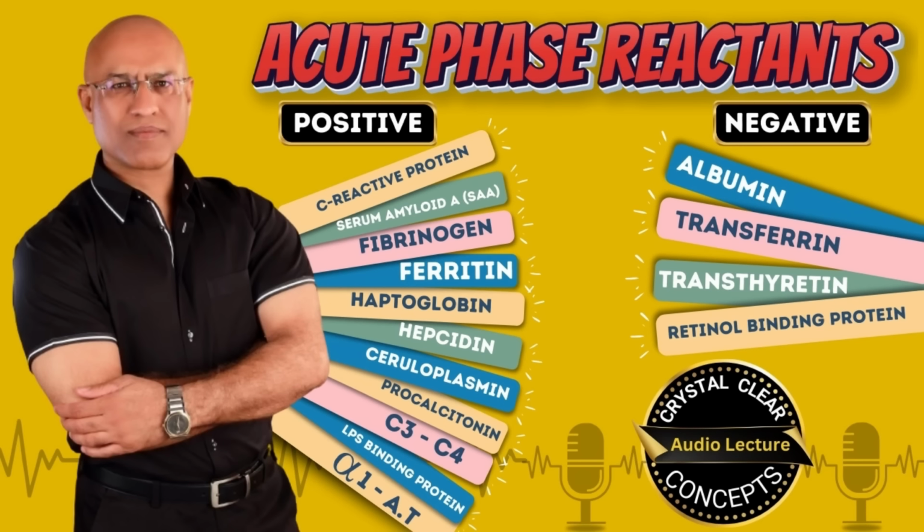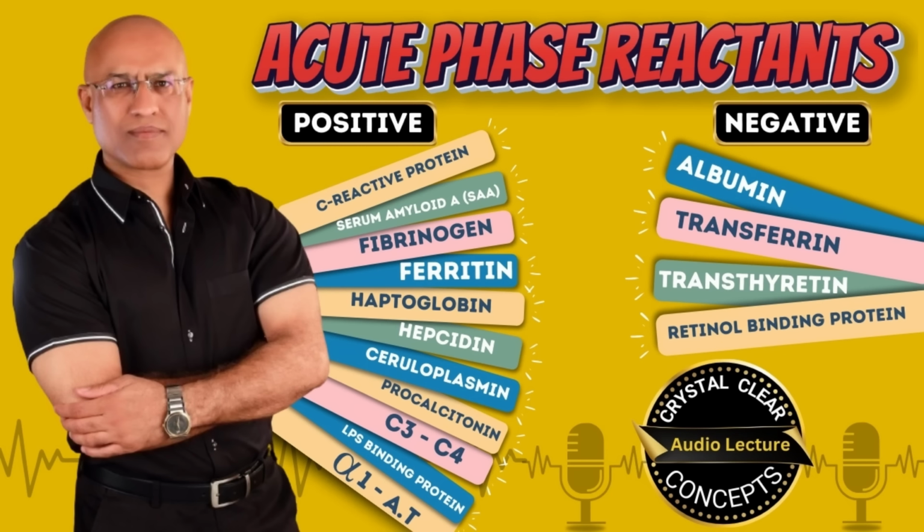Hello everyone. Today we are going to talk about acute phase reactants, which of course include C-reactive protein and also an indirect measure of acute phase reactants, that is ESR. And every doctor must be a master in interpretation of C-reactive protein and interpretation of ESR. Now,